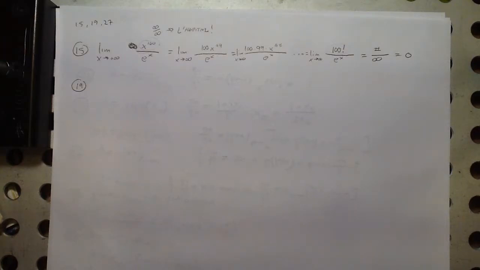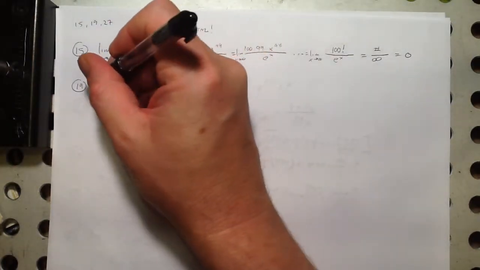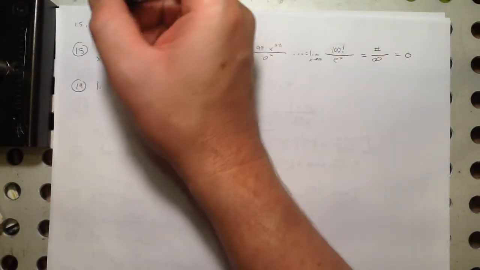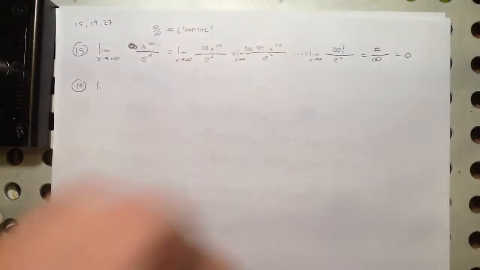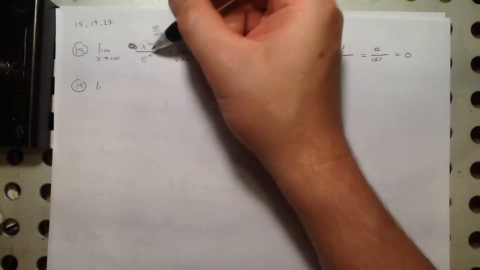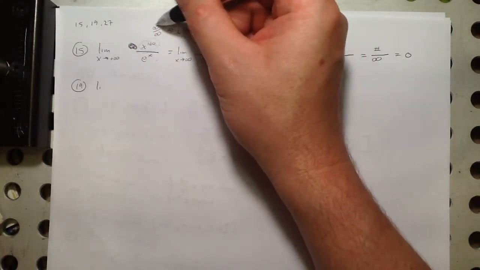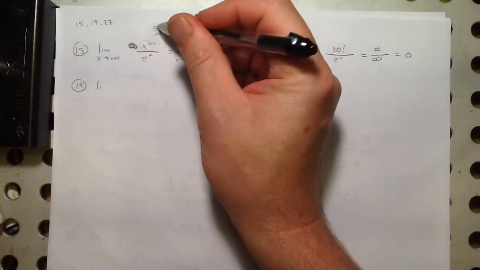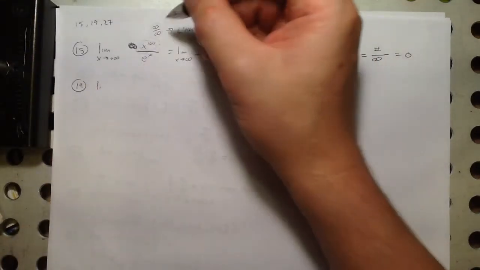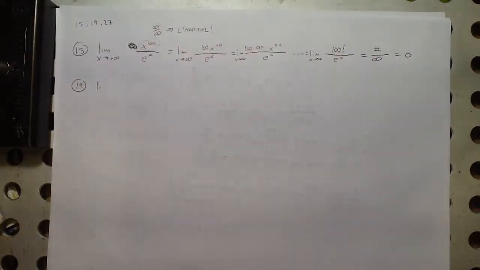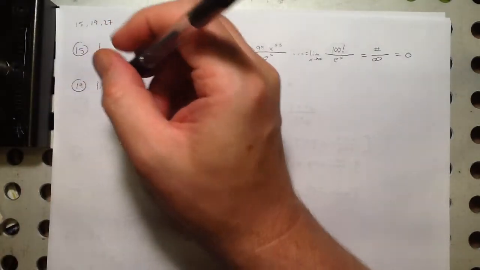Number 19. So this, by the way, in our classification of L'Hopital problems, is L'Hopital type 1, where you're starting off with something that's already in L'Hopital form. In this case, it was infinity over infinity. L'Hopitalable form is infinity over infinity or 0 over 0. Now number